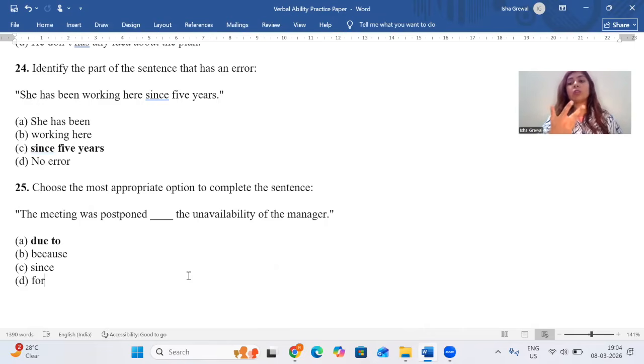Each, either or, neither nor, not only but also, rule of proximity, conditional statements. Definitely they are going to hit you on these. Okay, so practice well, guys. Many of the companies are going to come up, so the only way is to practice as much as you can. Do not leave any question, attempt all the questions and practice. That is the only way you can do it.